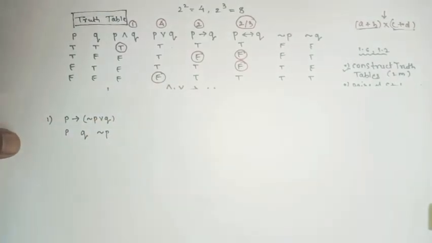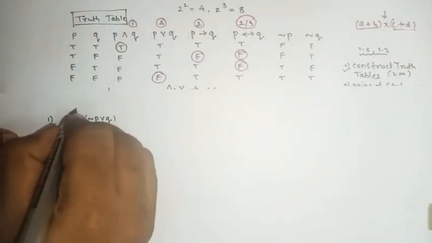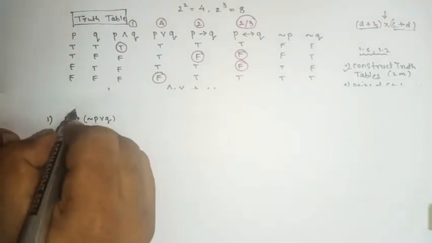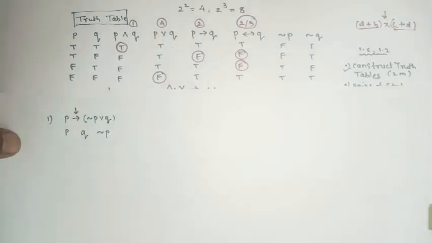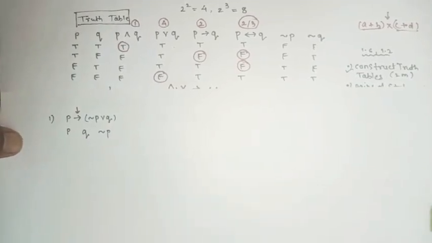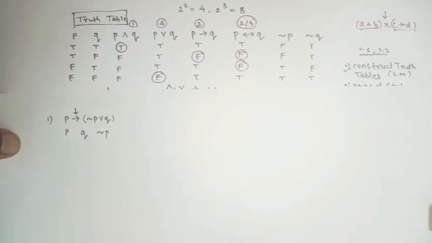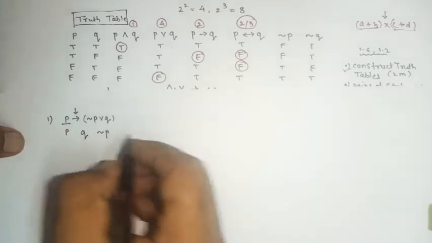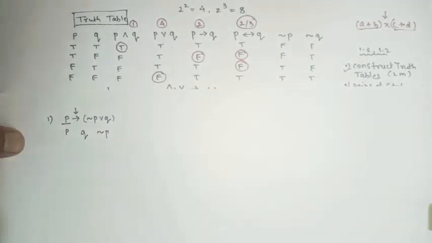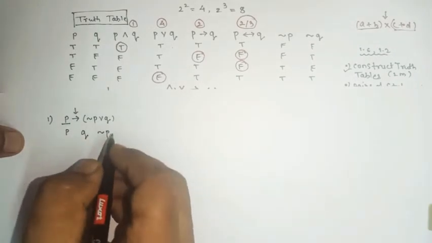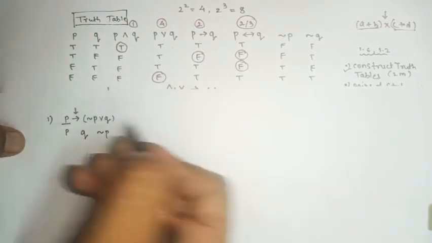Okay, then after that, here what is the main connection? Main connection is what? Implies. So this whole pattern will come at the end, yes or no? So first P will come, but P is already there, so that column will not come again, right? Already it is there, P is taken.